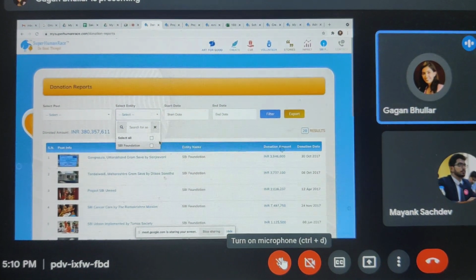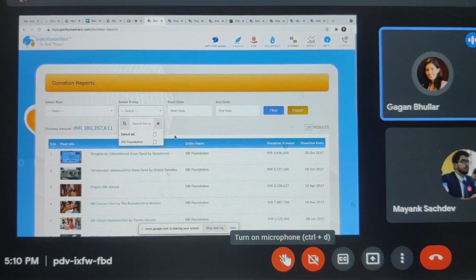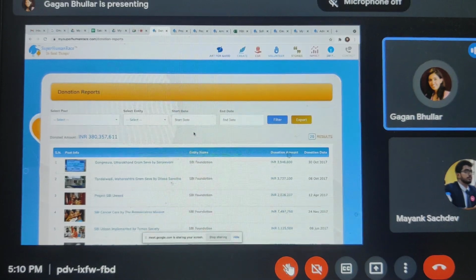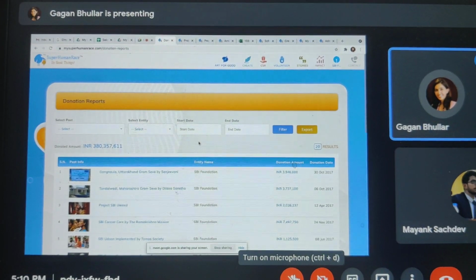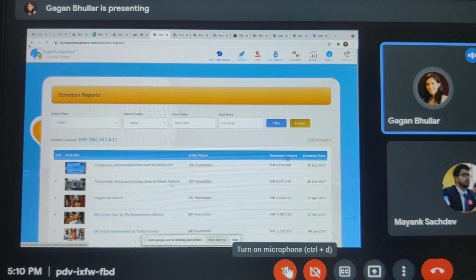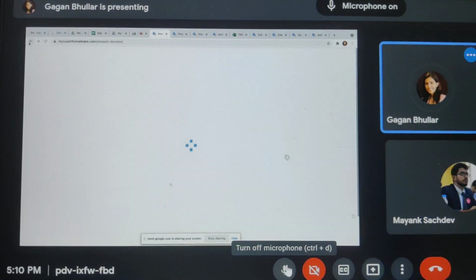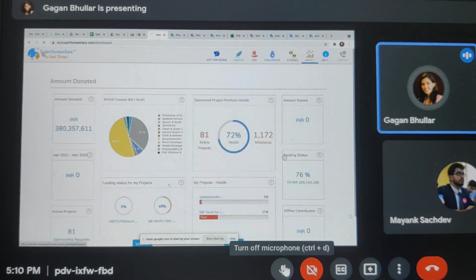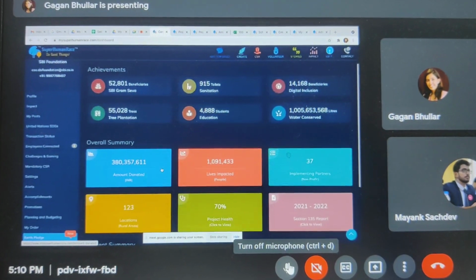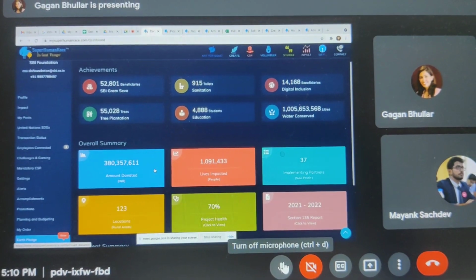And I can select entities also. So if I have multiple entities, which I think Schneider Electric does, you can select by entity to see which entity has contributed to which project in the last month or whatever. Any permutation combination is possible here.